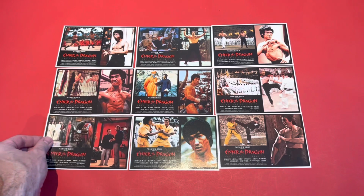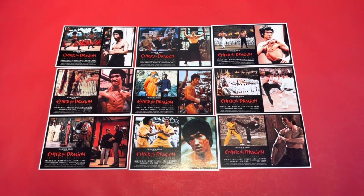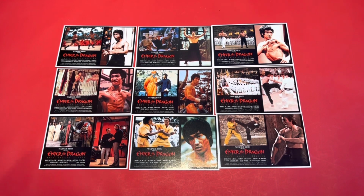So the support cast with Bruce Lee was very, very good. But the whole film is just spot on for a martial arts spectacular. But yeah, you've got the 9 scenes from the films here. The famous nunchucker scene here, where he's starting to fight the students, teaching them, and then John Saxon's losing a bet to beat this guy. He keeps getting his ass kicked, and then all of a sudden he beats him, which is quite a funny